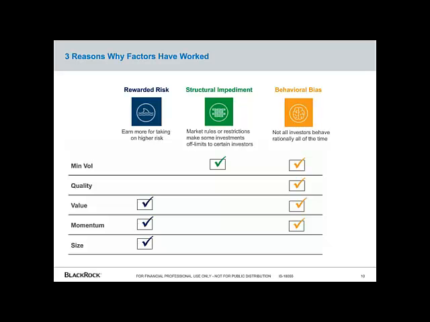Now, second to rewarding you for risk, value investing also capitalizes on behavioral bias. So oftentimes investors make the mistake of projecting past performance into the future. What this means is that they leave value stocks undervalued. So investors are dazzled by stocks with high past growth rates, and they naturally assume that these results can be extrapolated into the future. And when expectations fall short, growth companies flop, which tends to leave value firms on top.